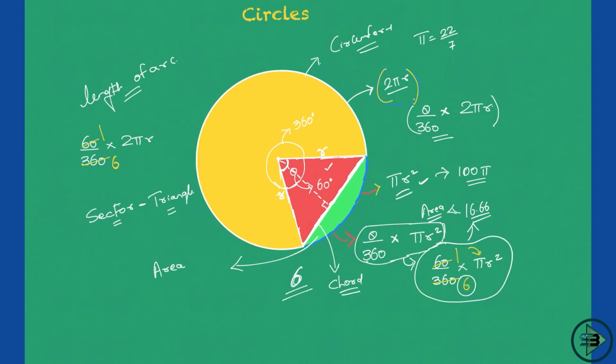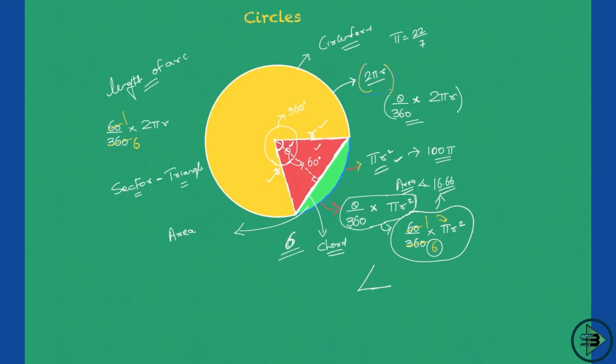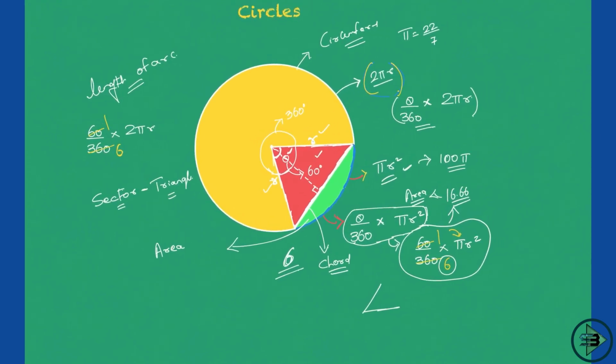All that I know is a radius and this angle theta, but still I need to find out the area of this triangle. And there comes this formula which we have studied in geometry, and I hope you can recall it right now. If not, then just make sure you go and see the geometry classes. I'll repeat it here. See, if this is a triangle and this angle is theta and this side is 10 and this side is 20, so the area of this triangle is given as half into product of two sides, which is 10 into 20, into the sine of the angle between the two sides, so sine of theta.